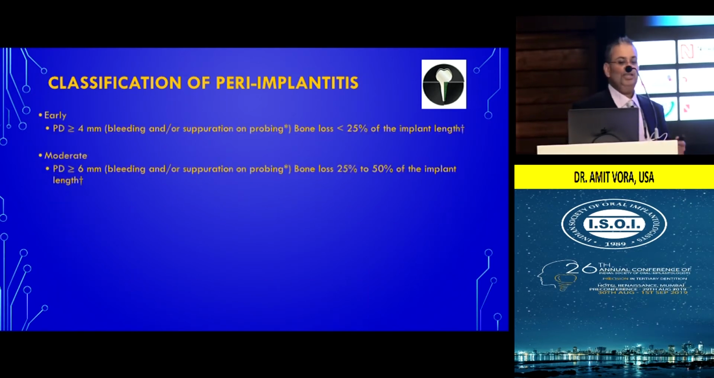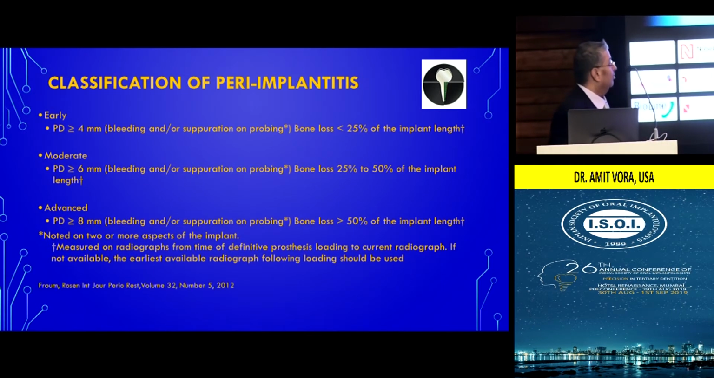And they classified peri-implantitis into early, moderate, and advanced. As shown on the slide, in the early stage the probing depths were about 4 millimeters or more with bleeding or suppuration on probing, and the bone loss was about 25%. With the moderate, the bone loss was 25 to 50%, and the probing depths were deeper, obviously, as you get